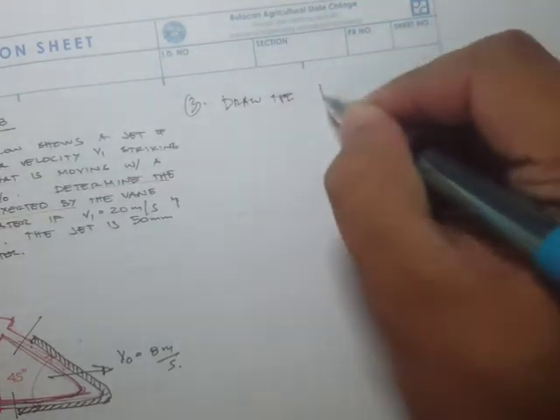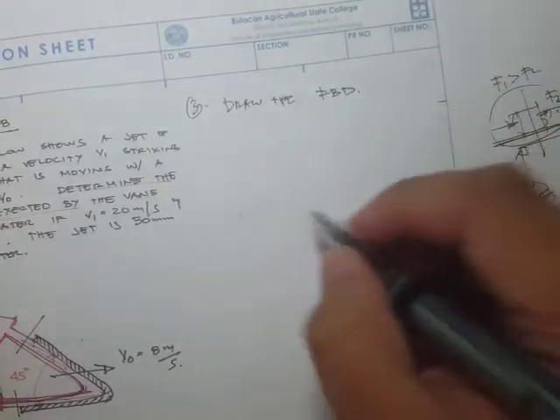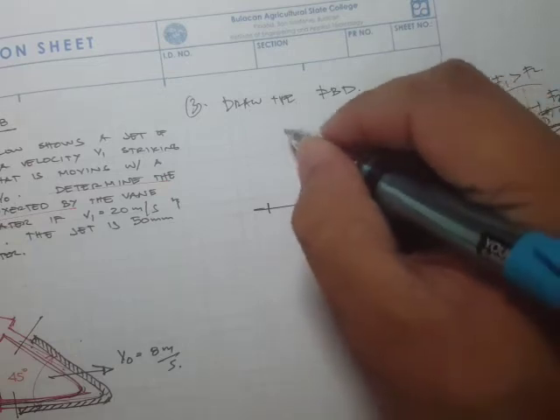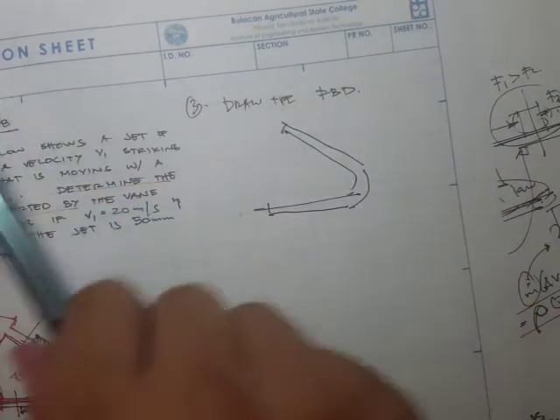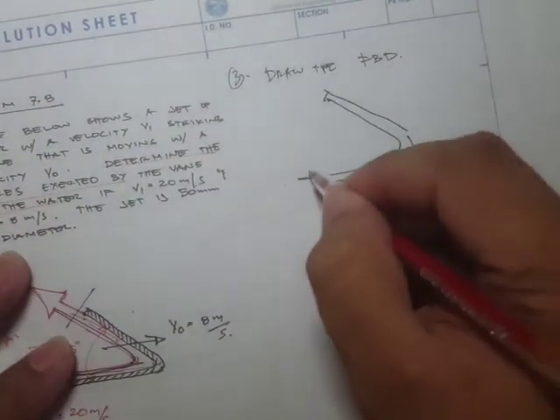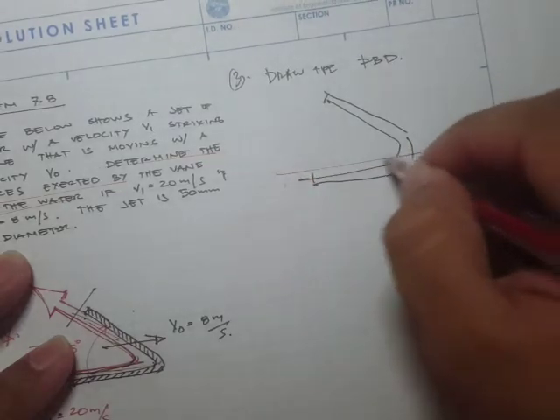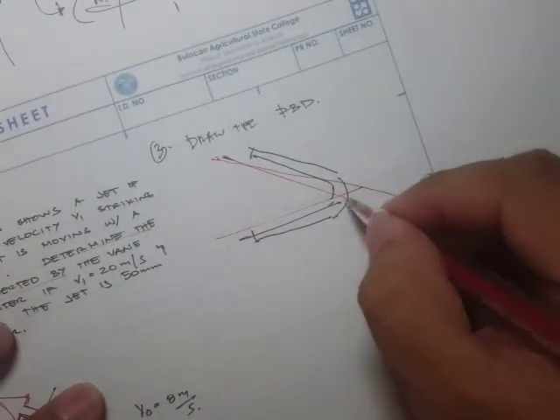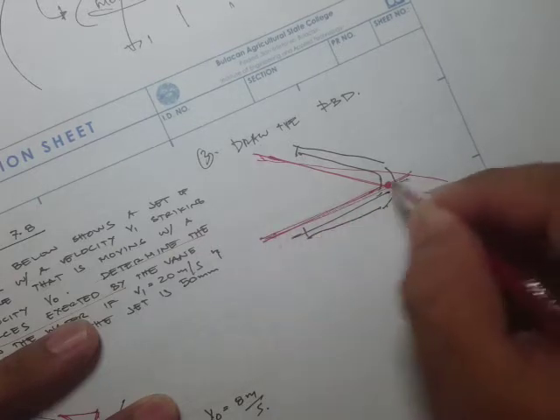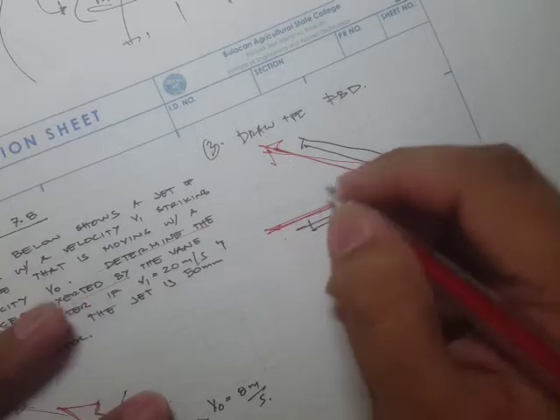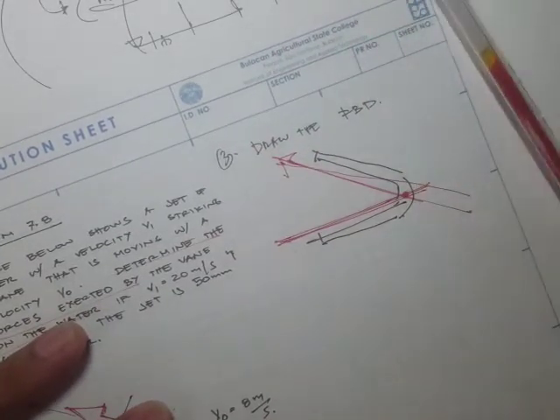free body diagram. For the FBD, this is our vane, and it bends 45 degrees. If we now expose the forces, let's say we have forces going right here and then forces also going right here. Okay, so this is our intersection point. This is our line of action, and if we expose the forces, then what we have here is